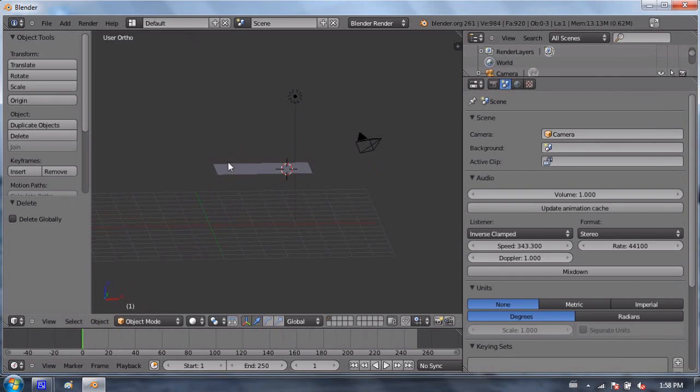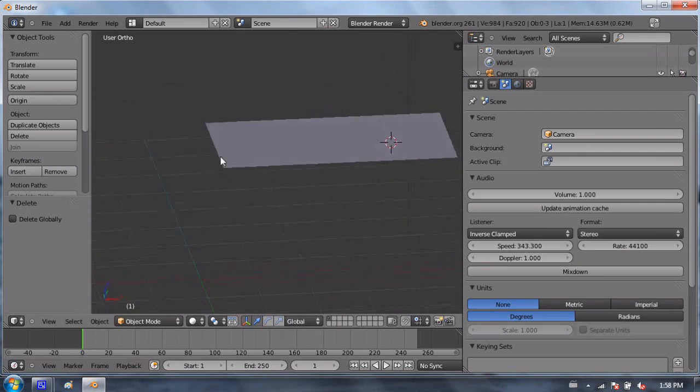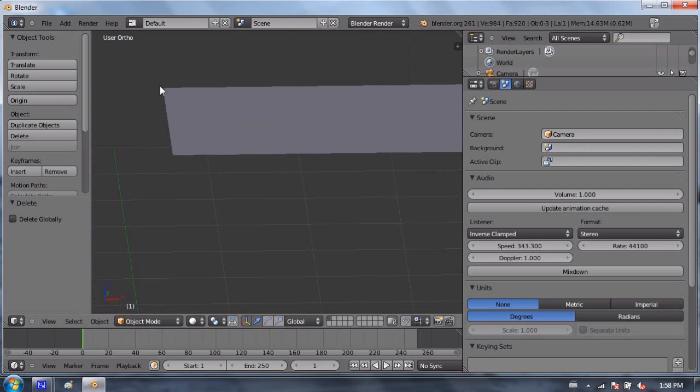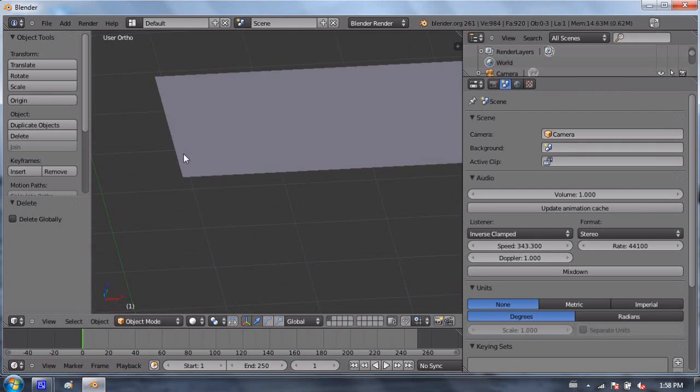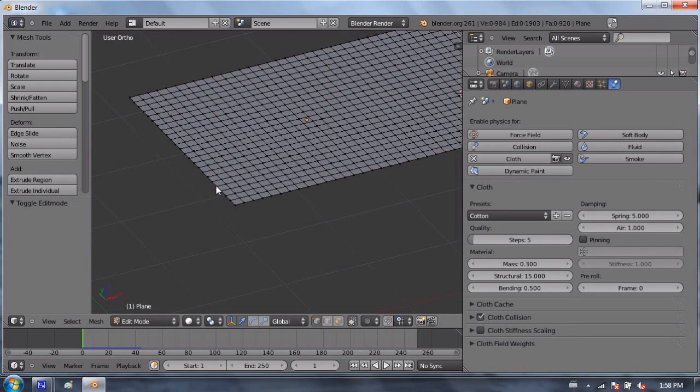And of course, if I simulate this right now, it will just fall straight down. What we need to do is pin one of these sides, and we're going to have a hanging cloth, so it's not going to be straight up and down at first. We will change it to that, but at first we're just going to have it vertical rather than a horizontal hanging flag. So we want to glue, I'm going to go into edit mode, all of these vertices along one side. I held Alt while I right-clicked on that edge to select the edge. Alt right-click.